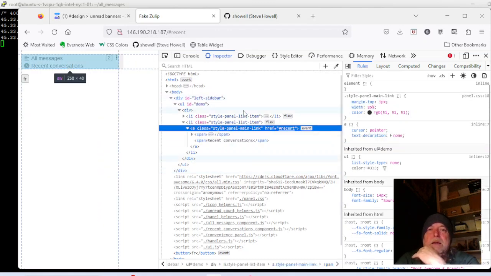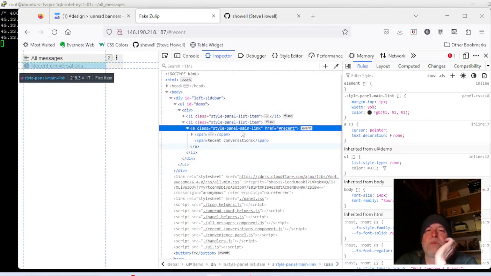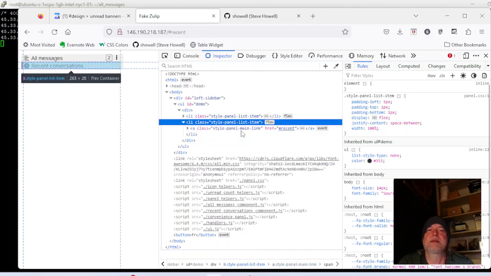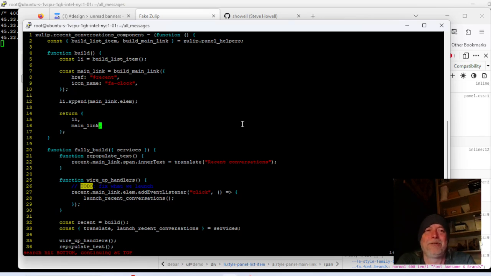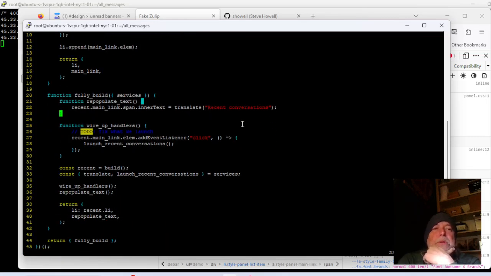So the main link is an anchor tag that has style-panel main link, and it sits inside this list item. So really simple code. And then I have this fully build method. The fully build method has this function called repopulate text. And again, if we go back to here